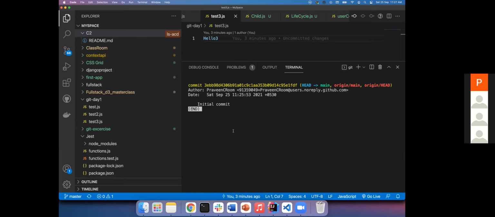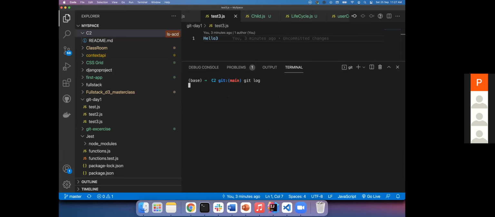Now we'll do a branch creation. Since we have the latest code and we forked it, we first create a branch. The command for creating a branch is git branch. Let's say feature branch, I'll say feature 1. Once you do the feature branch creation, you have to call git checkout feature 1.